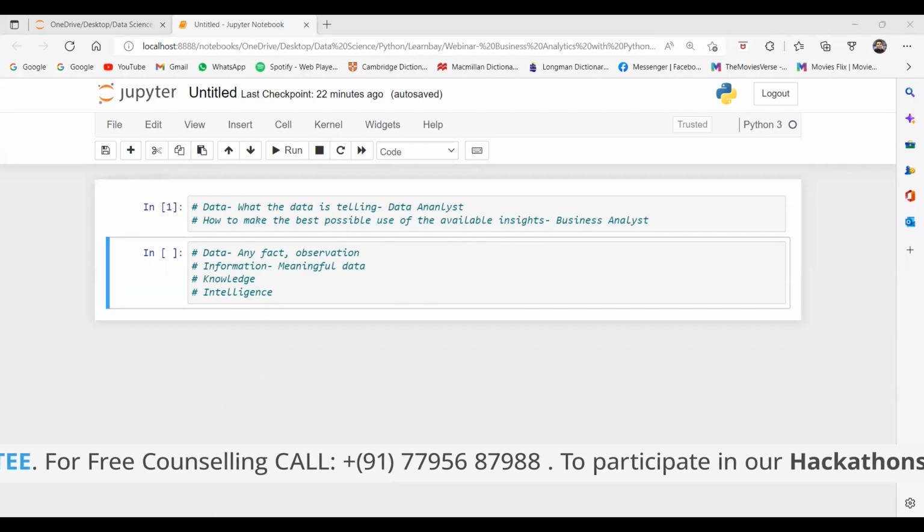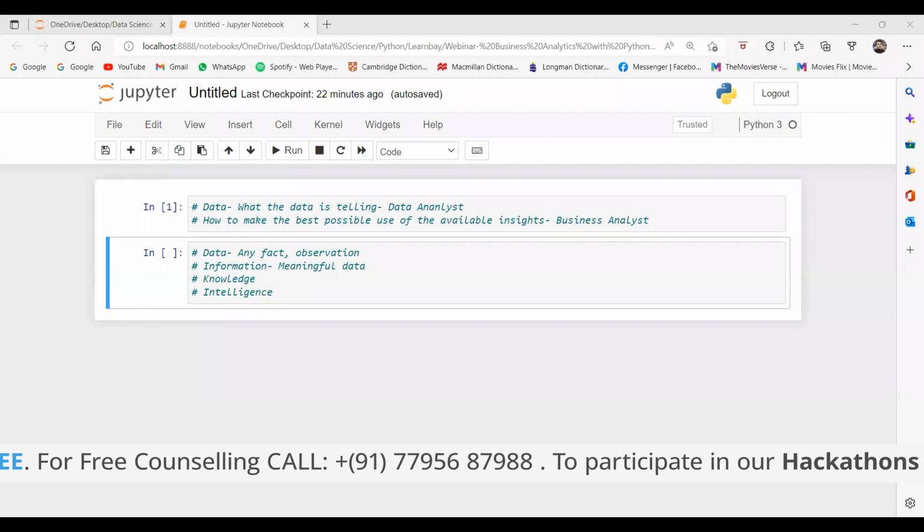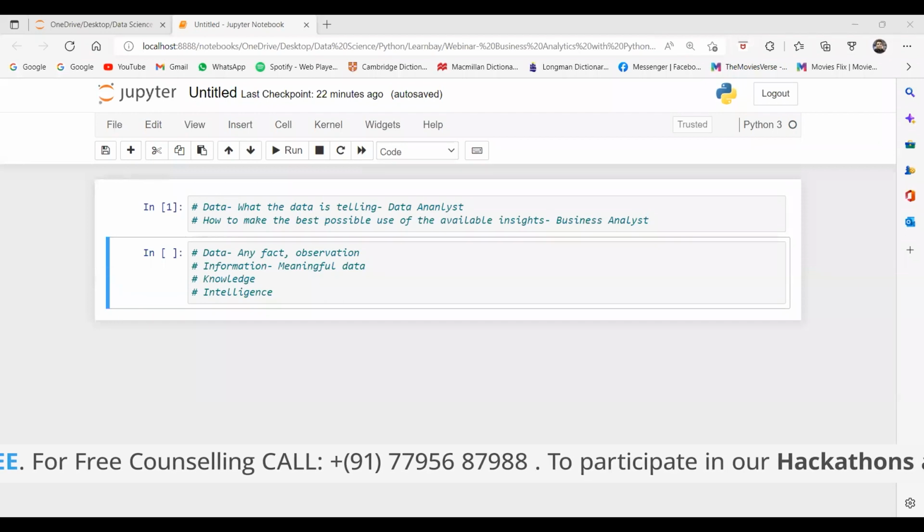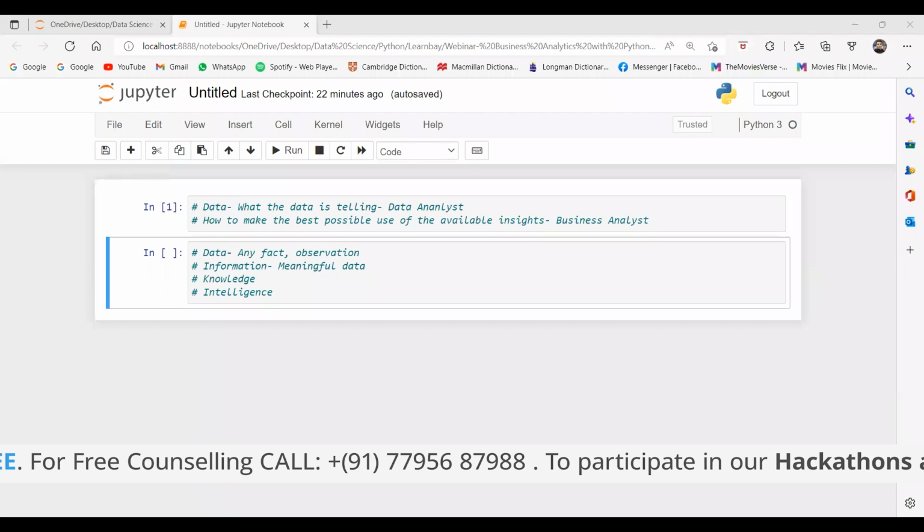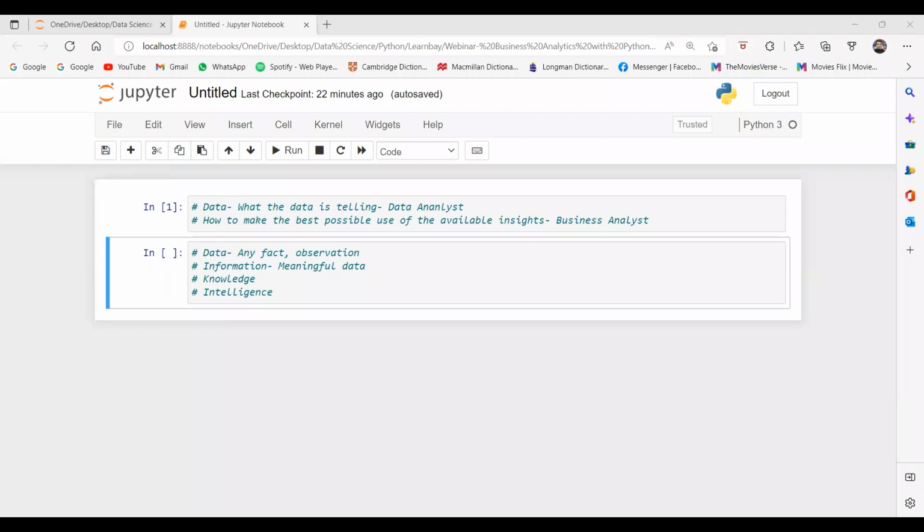So I will come to the examples once again, because these terms are quite confusing. Yes or no, guys? Yeah, it's a little bit confusing. So let's talk about one by one. First of all, business analytics is the process of transforming data into insights by using methodologies such as data mining, predictive analysis, and statistical analysis to improve business decisions.